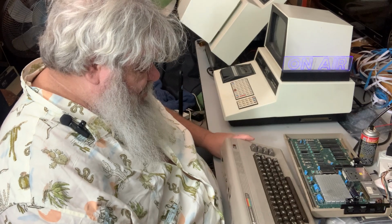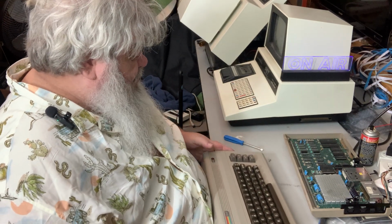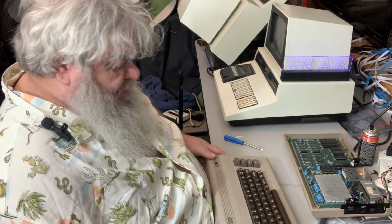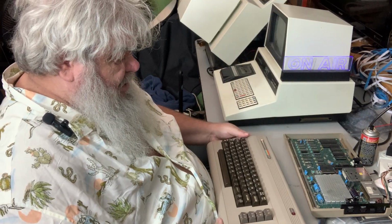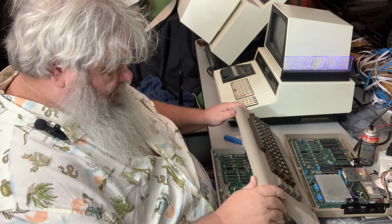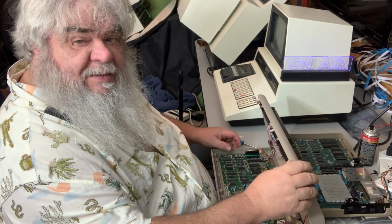Now, I hate losing screws, so I'll try not to. I'm going to open this up, set the screws aside, and have a look inside. I would bet it's the same kind of board, but I don't know. It is not. Oh. Okay. So what we have here,